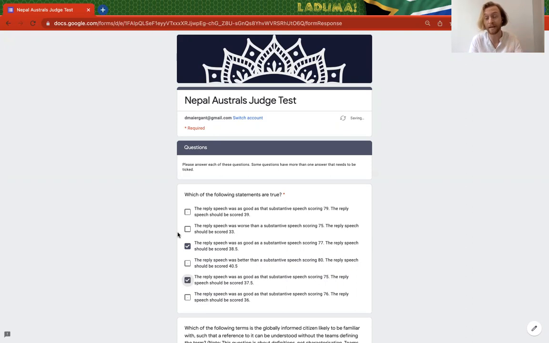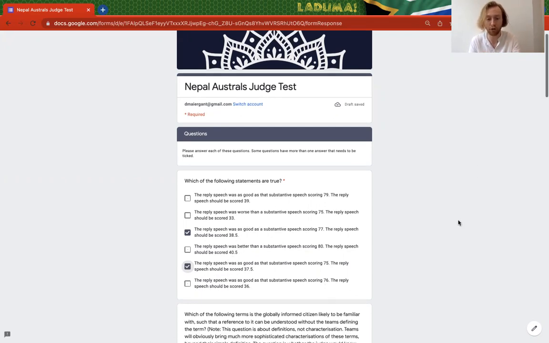One common way that people score incorrectly is to minus 40 from the scores. If you look at this question, they have 79 and they give it a 39, and this question is 76 and a 36. That is an incorrect way. It can have an incredible impact on someone's scores. So make sure you are scoring by dividing by 2 rather than minusing by 40. And obviously the range is only 35 to 40 with replies, so you can't give a higher than a 40 or lower than a 33.